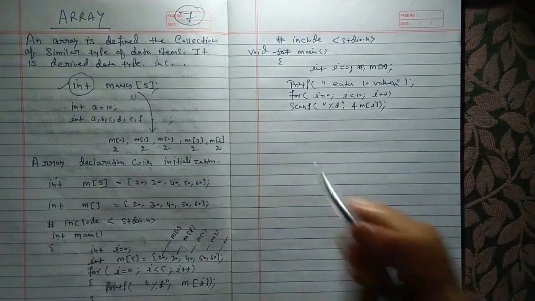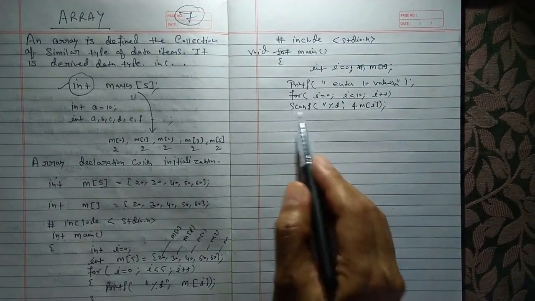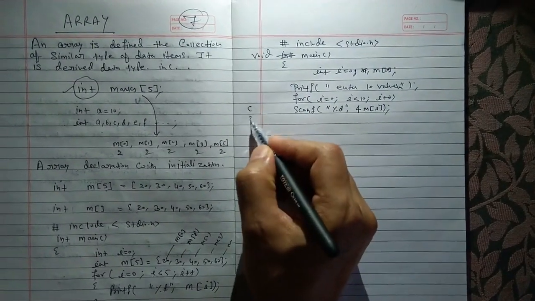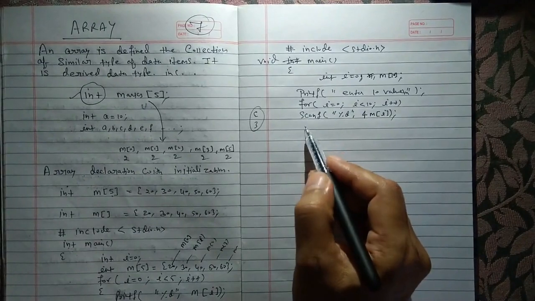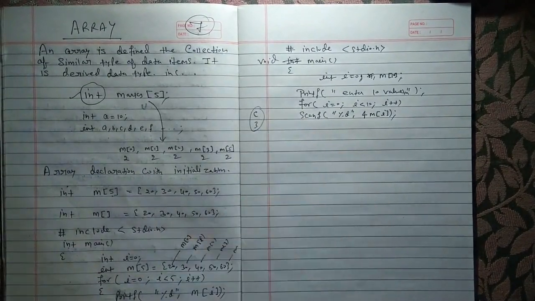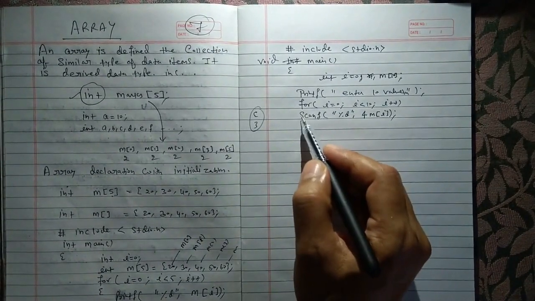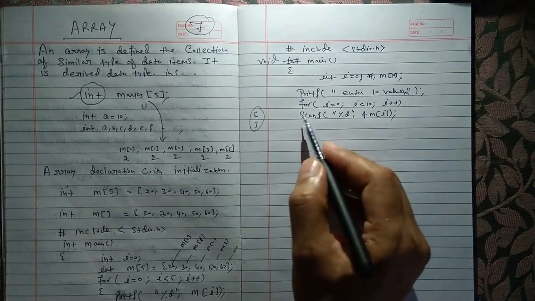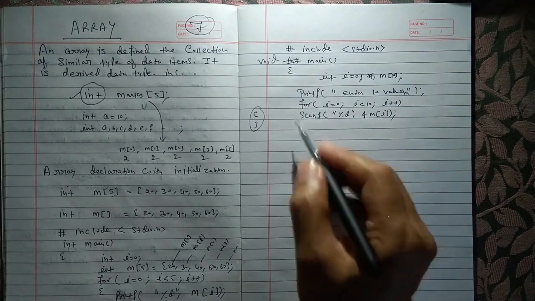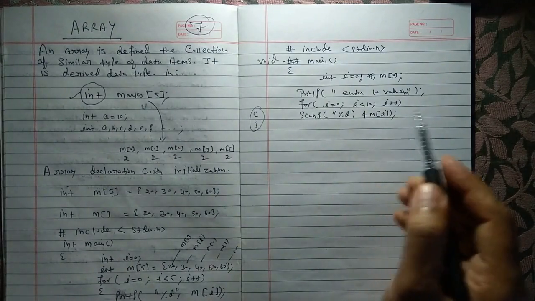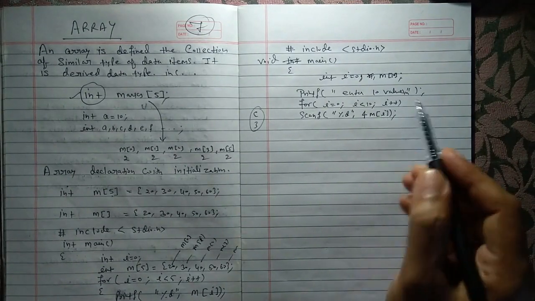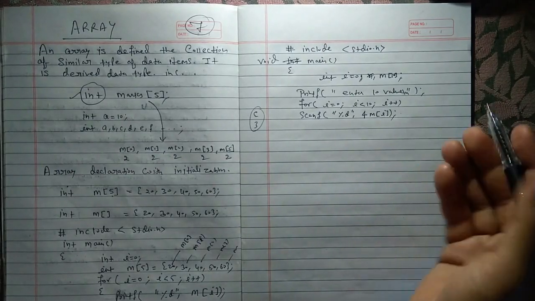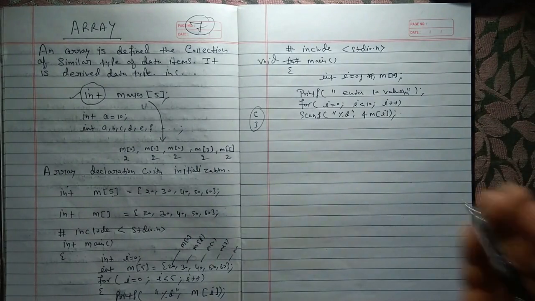If you are using a for loop and there is only one statement, then there is no need to use the curly brackets. If there is more than one statement, then you have to use the curly brackets. The for loop will also work without curly brackets. It will work 10 times. It will take one value, m0, m1, m2, m3, m4, m5, whatever value you input, it will be stored in your compiler.